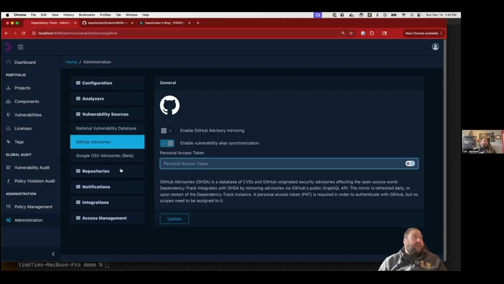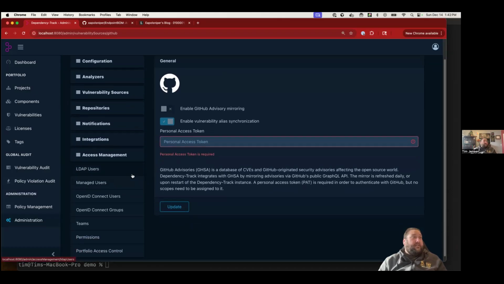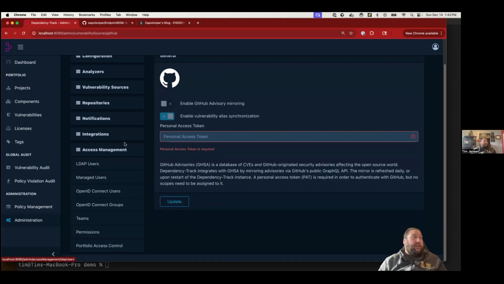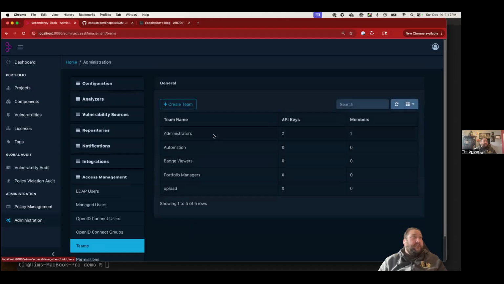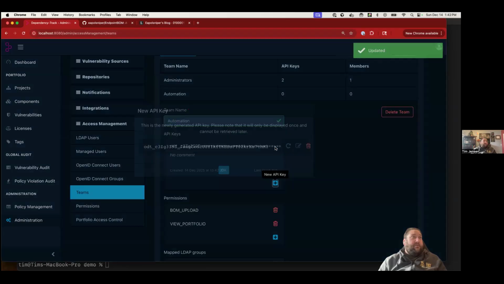But just make sure those are turned on. To get your API key, that's the only other thing you really need to care about in here. It's a little bit of a weird place. So you go in, you hit access management teams, and you choose whatever team you want, or you can create a team. So if we want to do automation, you just hit API key under whatever team, and you can